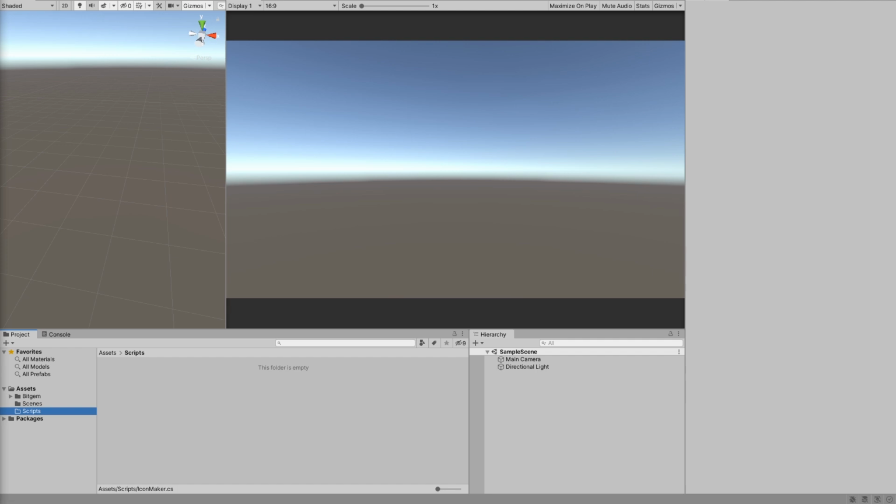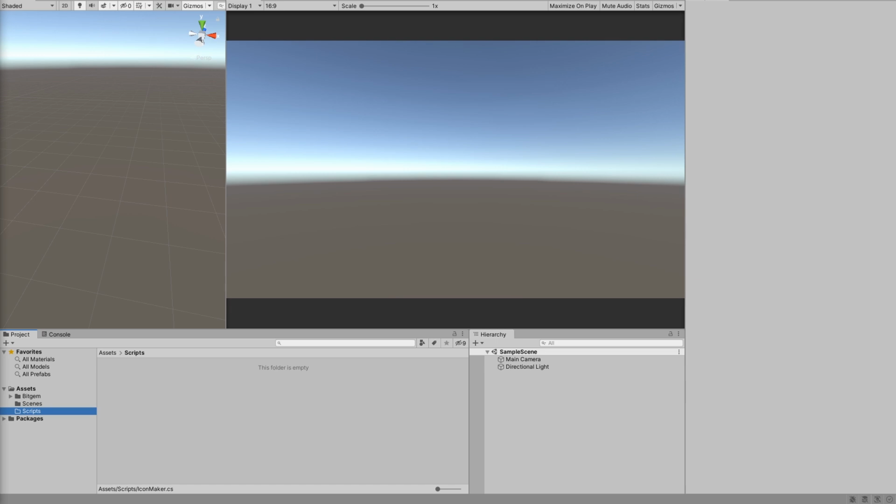Hello! In this video, we're going to make a kind of real-time dynamic icon maker type thing. So basically the UI elements that you see when you look at an inventory in a game or when you have the toolbar across the bottom, these are the images that represent the items that you are carrying or whatever. I'll be honest, it's not going to be that useful for a game like 7 Days to Die or Rust,